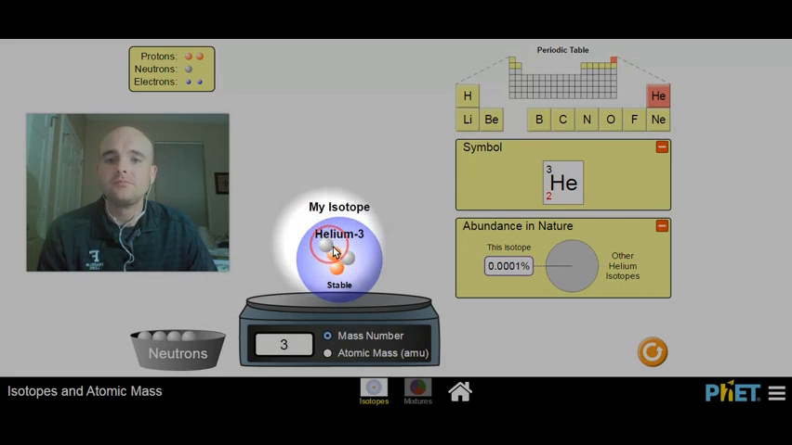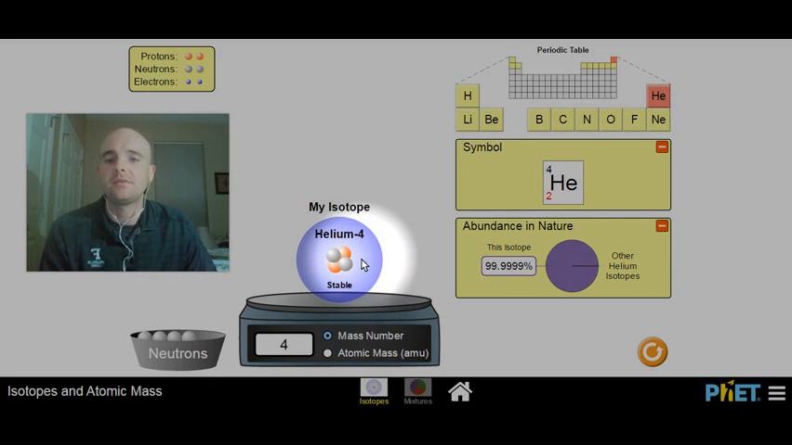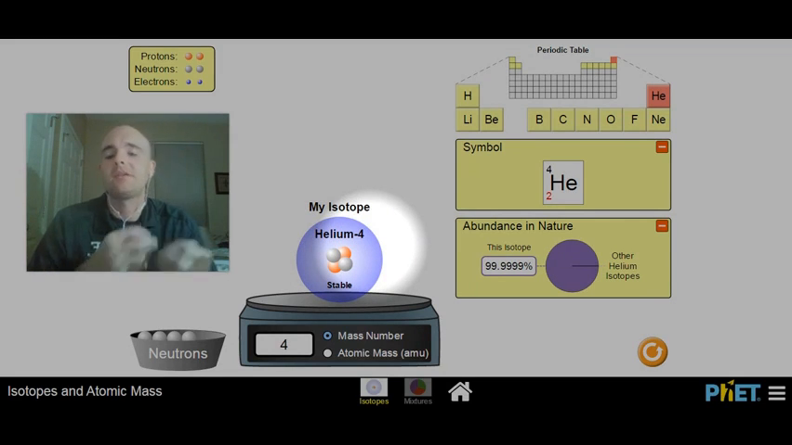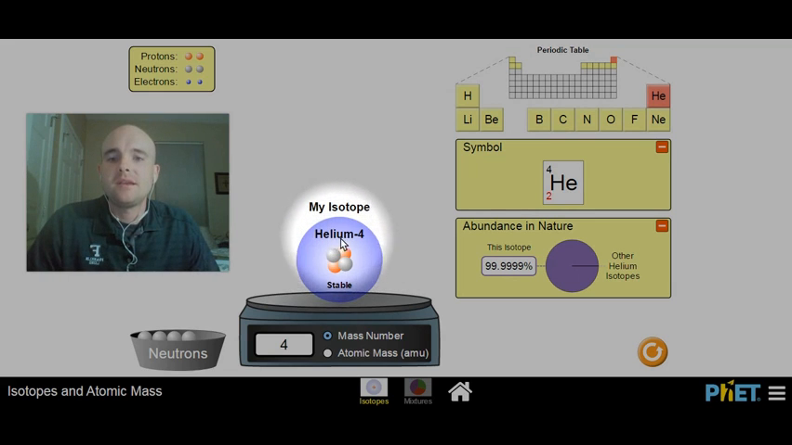isotope. So the definition of an isotope is something with the same number of protons but different numbers of neutrons. This is the hyphen notation where we have helium-4, meaning that the mass number is 4, but you might also see it in